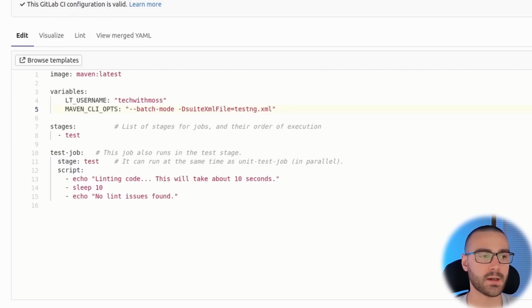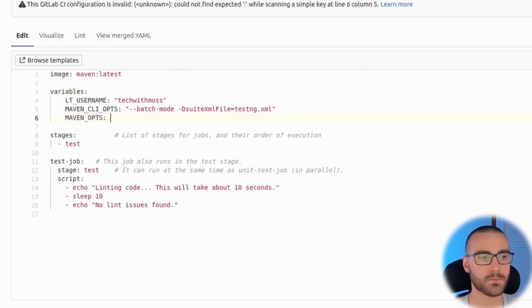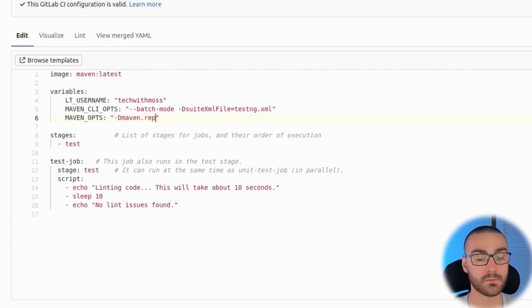And finally, we'll specify a Maven options variable. And here we're going to specify the local repo is equal to, and then I'm going to use a predefined environment variable, CI_PROJECT_DIR, .m2, and then repository. And similar to the last video, we need to cache the dependencies that Maven downloads when